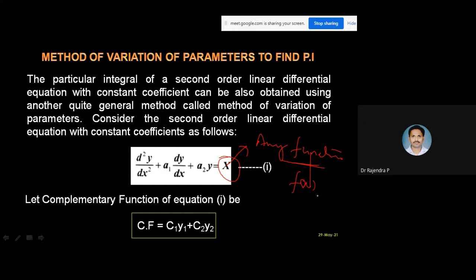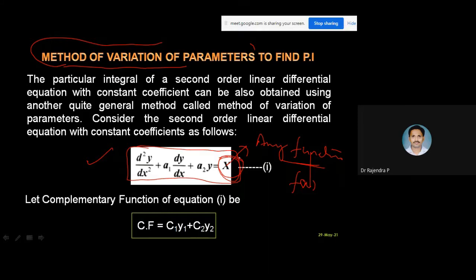But on the other side, what is the problem? We can solve with this method of variation of parameters only for second order, not higher order. Okay? That is one drawback here. In higher order, only second order we are able to solve. Third, fourth, fifth order, we can't solve with the help of this method. That is one disadvantage. Other than that, at least for second order, for any function, I am able to solve it. Very, very easy, very, very simple.